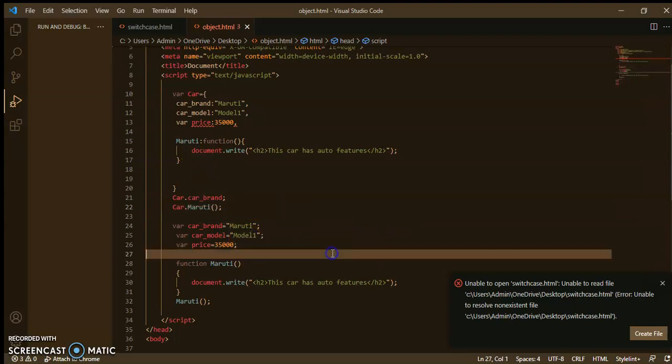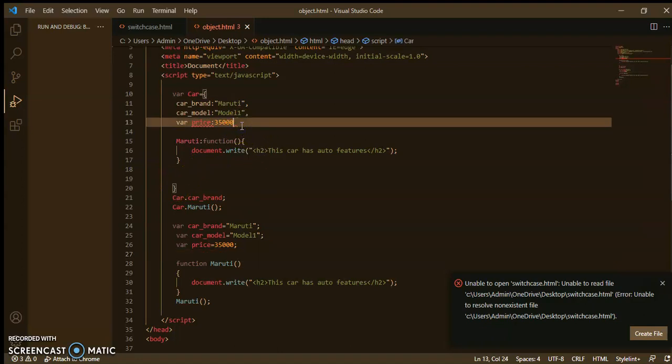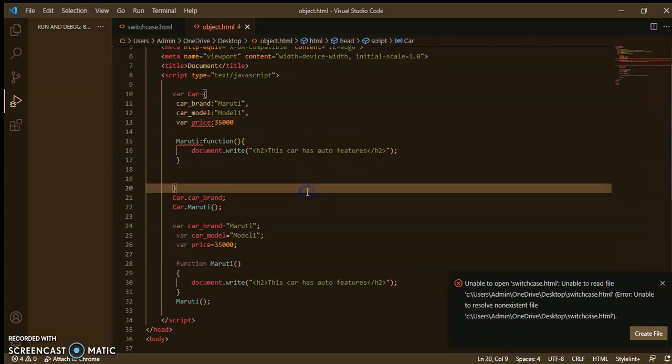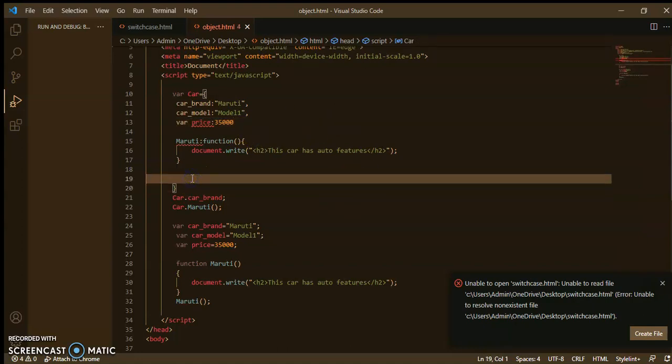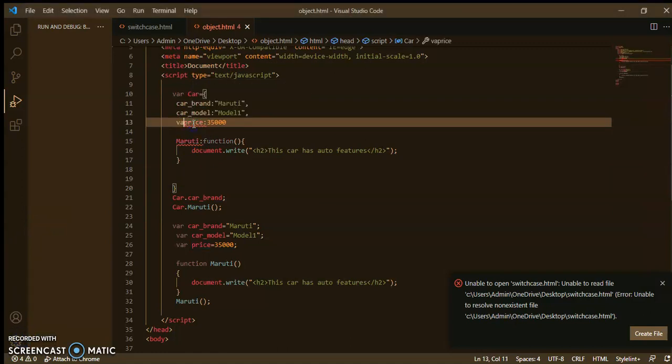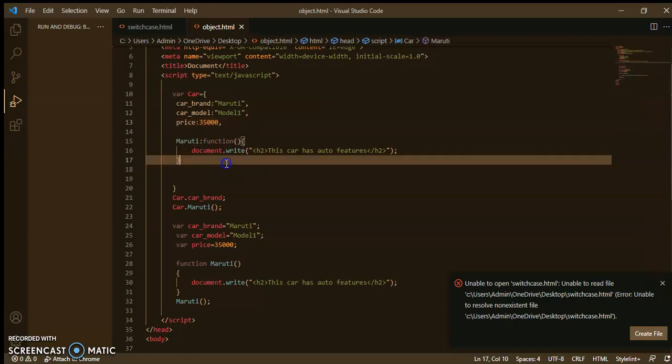But this is also not the best way, because if I want to create more than one car structure, then what will I do? Here I have used var, so this one and this need here a comma.